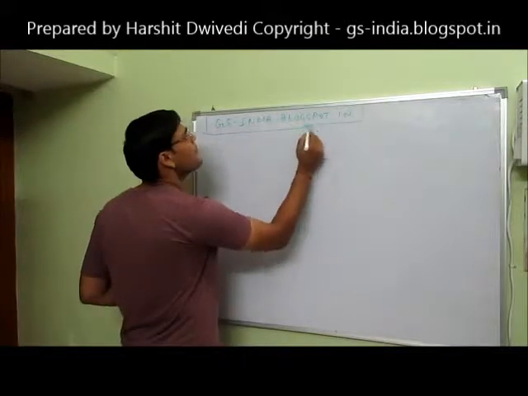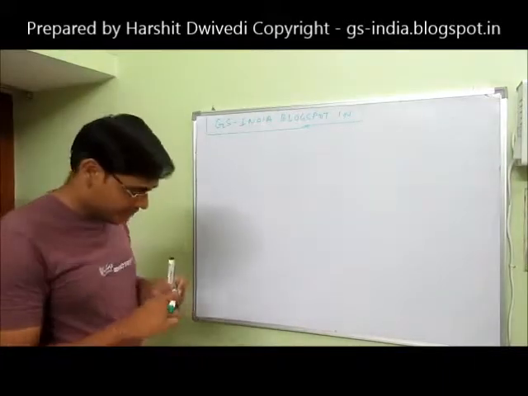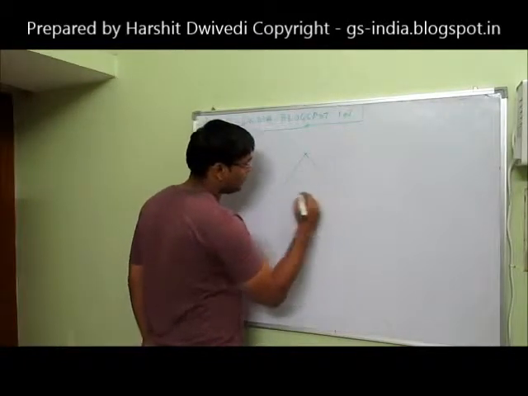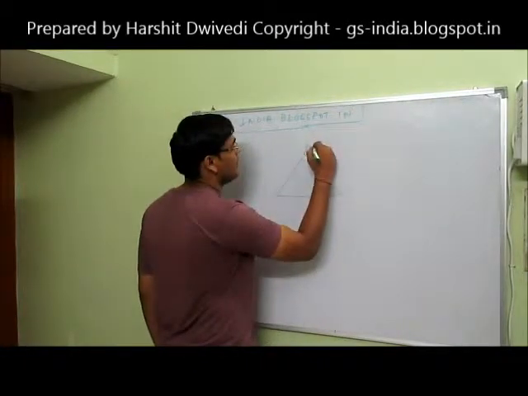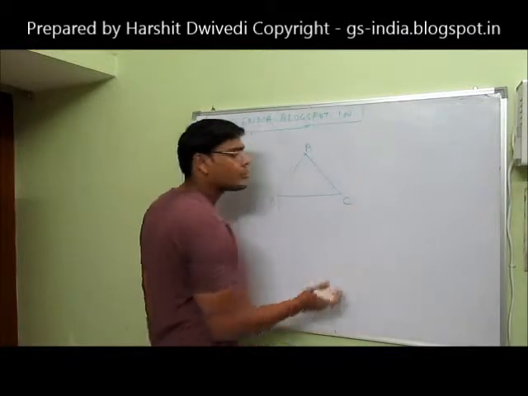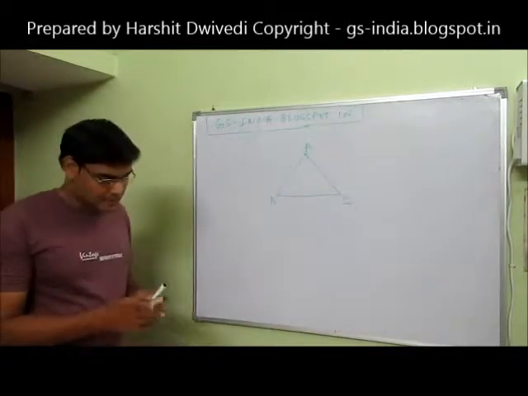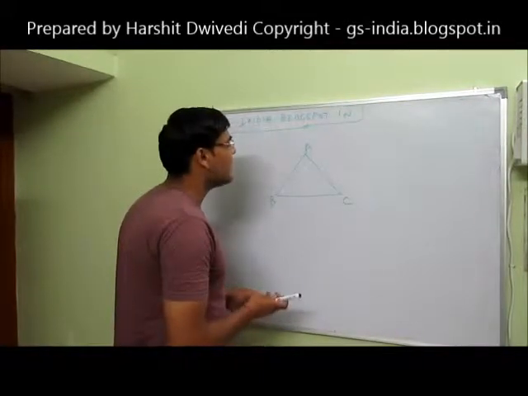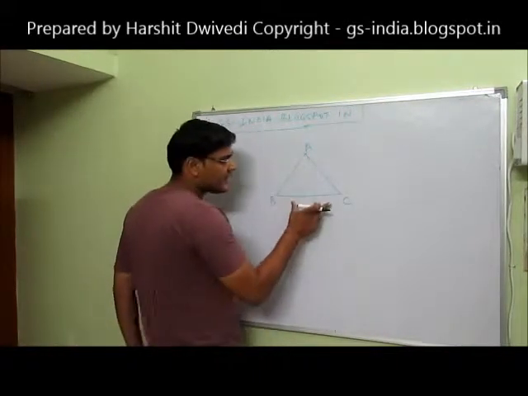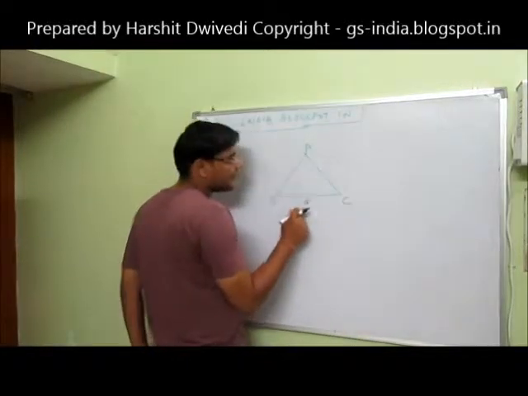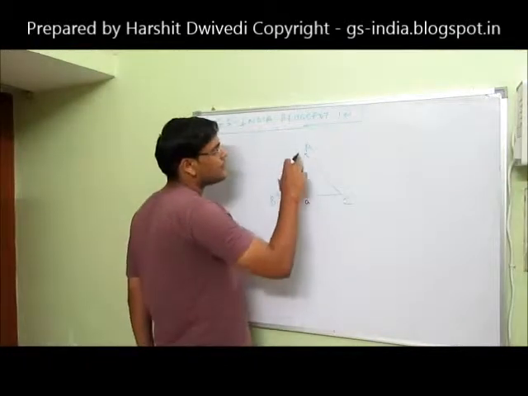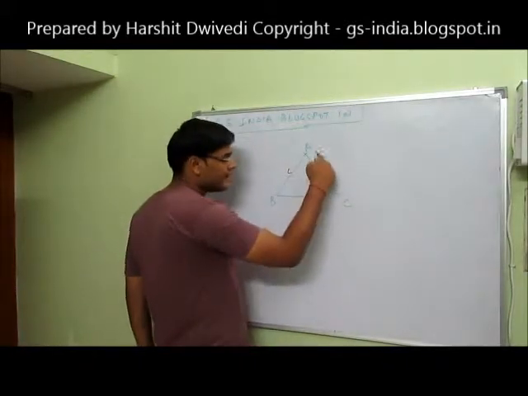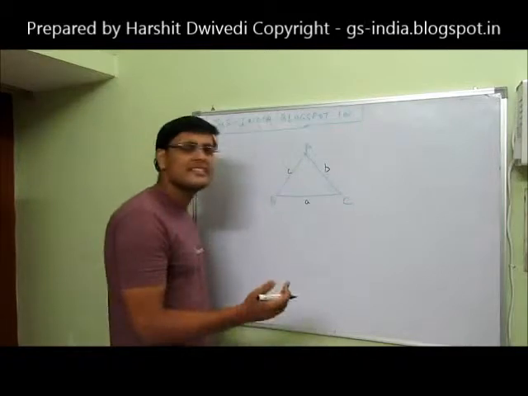Let's start with some basic properties of triangles. I am drawing a triangle here in front of you. I'm telling you the general convention that is being used. This is a triangle ABC, suppose. And if this is a triangle ABC, we suppose generally that the length of this triangle side BC is small a, the length of this side AB is a small c, and the length of this side AC is a small b. This is a general convention.